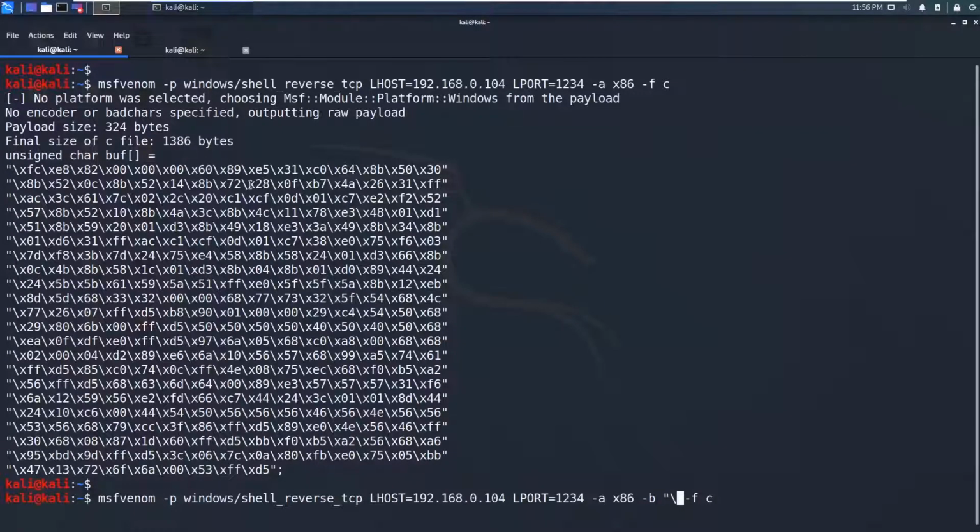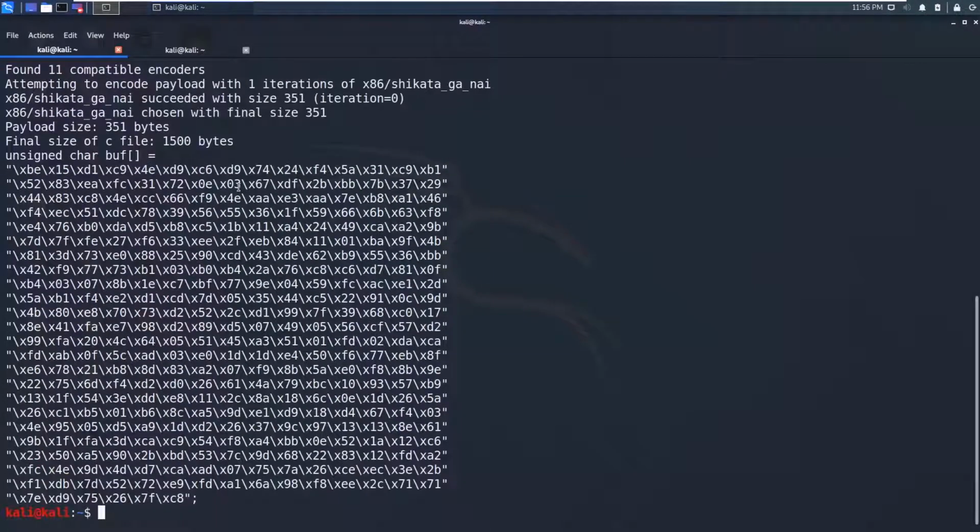We need to specify what bad characters we need to remove. As you can see now, there are no 00 bytes in our payload.